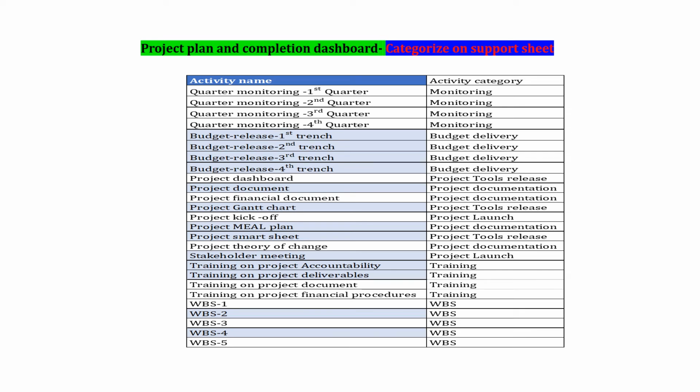Hi there, this is the project plan and completion dashboard. First of all, you categorize your activity into major groupings on your support sheet. For example, in this particular case, we have taken monitoring activities. The first 4 activities are under monitoring, then budget activities,